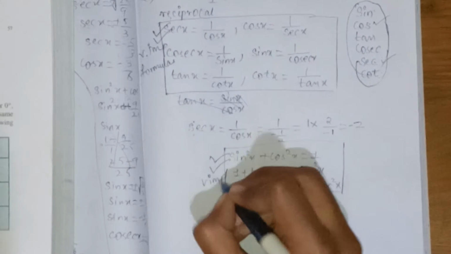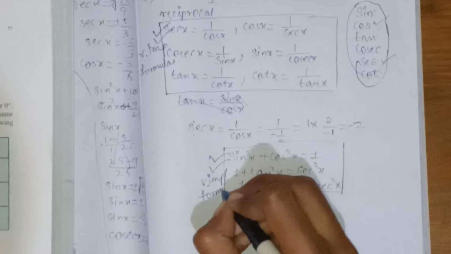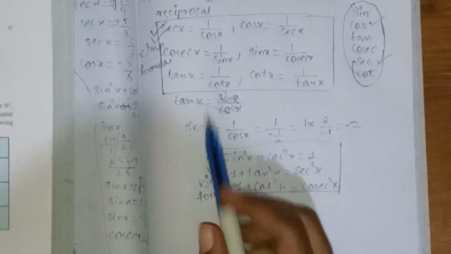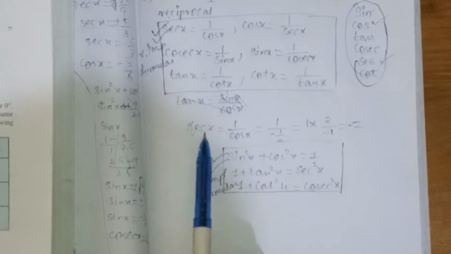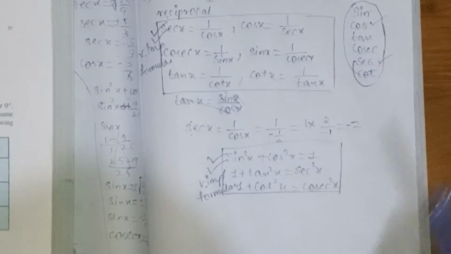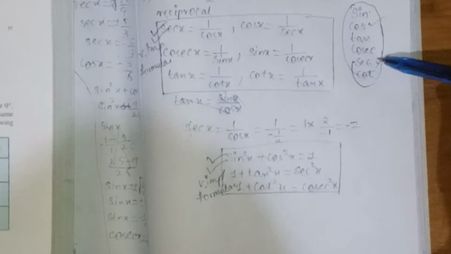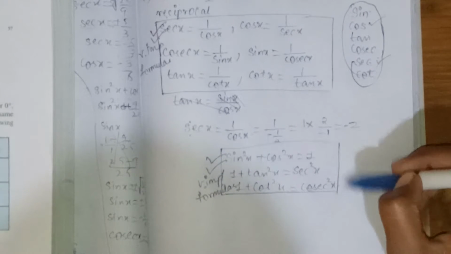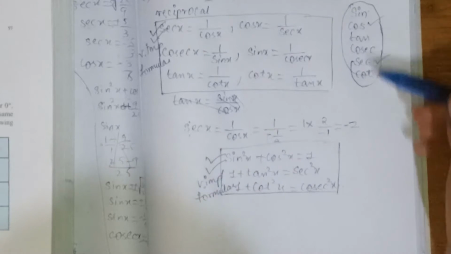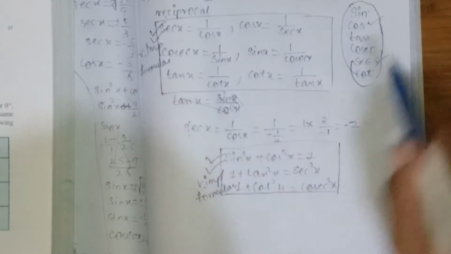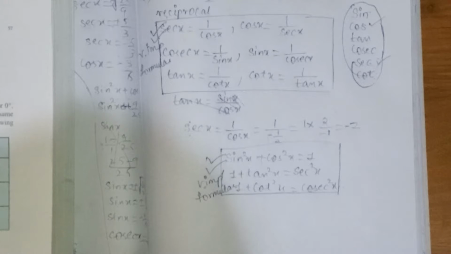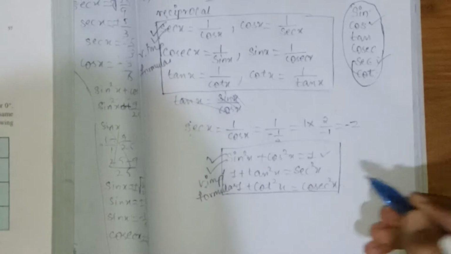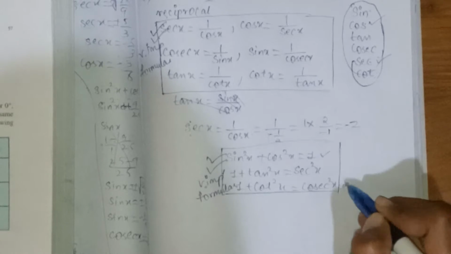Very important formulas. Why I'm saying to learn them is that we know the value of cos and we know the value of secant, but there is no direct way to find the other trigonometric functions. So we can use these equations to find the other values. We know the value of cos and secant. So where are cos and secant here? See, here it is there, and here it is not there, here it is there.